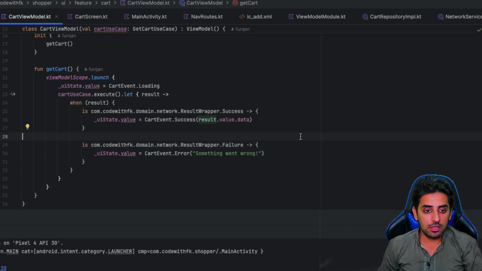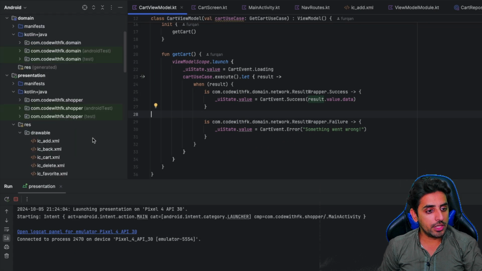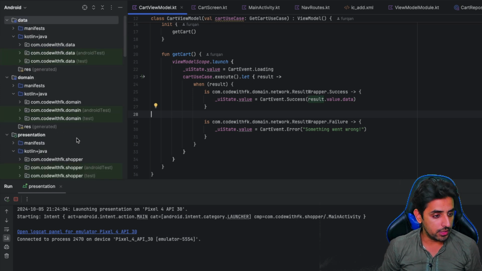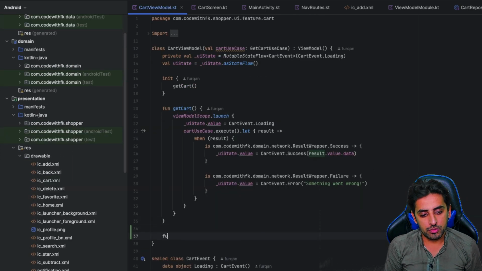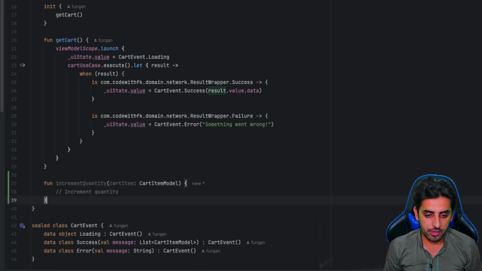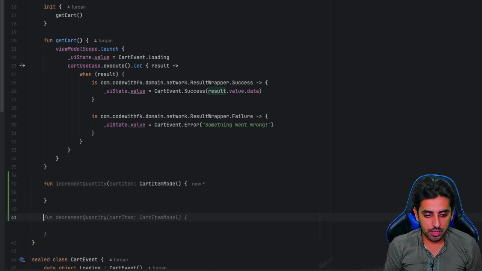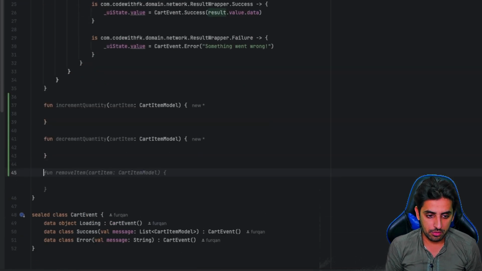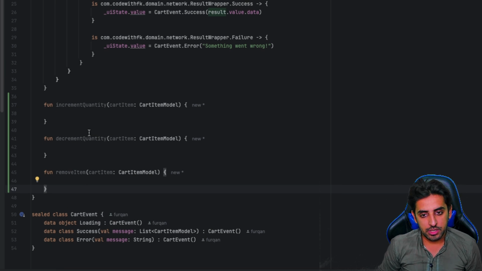So I'll get back to the code section, and inside my code section, the first thing that I'll do is create increment quantity. The second function will be decrement quantity, and the last one will be remove item. So I have these three functionalities that I need to implement, and basically